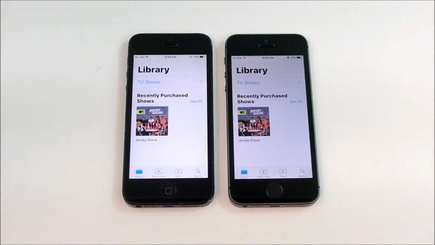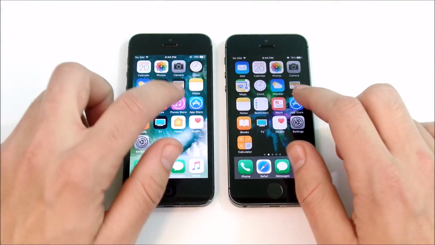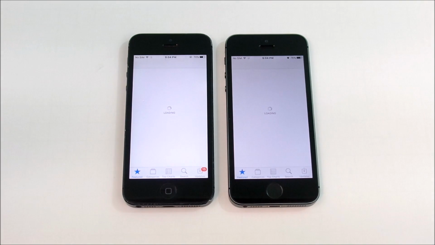And it looks like the iPhone 5S jumped ahead there on that one. So the iPhone 5S did take TV app as well. So across the board, it looks like the iPhone 5S is the faster device. I mean, it's pretty much common sense, but